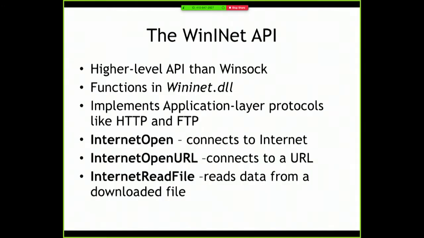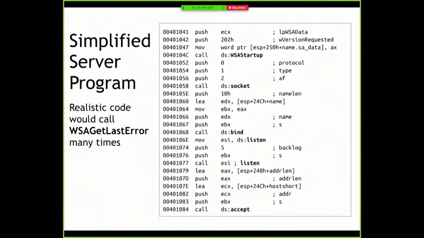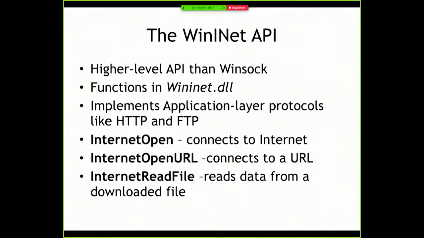So the WinInet API is higher level. This is what a normal program would actually use. This has things like InternetOpen, InternetReadFile, InternetOpenUrl, so you don't even do the handshake or anything. And this is really good because you might want to use a modern protocol like HTTPS, and figuring out how to do the encryption and the key exchange is going to make you cry. So you use some routine, something like this, that will do it all for you. Anyway,